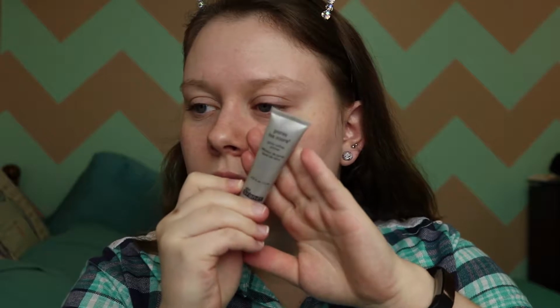Okay. And now I'm going to go ahead and prime my face. I'm using the, you can't even see it, but this is just the Dr. Brandt Pores No More primer. Any primer really works. I've used a variety of different primers. Usually, for an event, I'll go ahead and use the Smashbox photo finish primer, but it really doesn't matter. I've used different primers, but I'm going to go ahead and take just a pea-size amount,